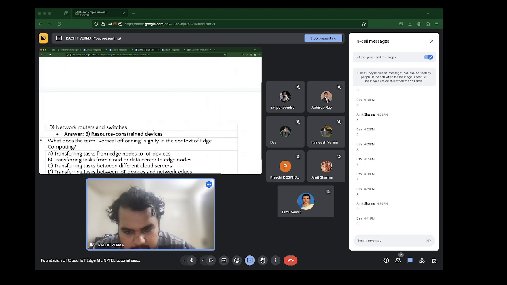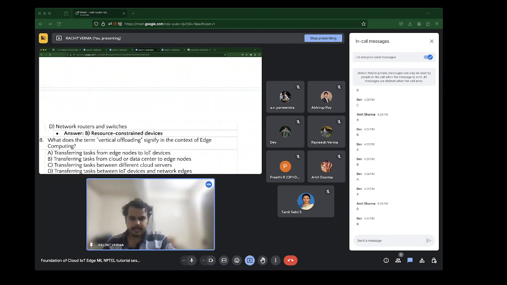Let's look at question 8. What does the term vertical offloading signify in the context of edge computing? A, transferring tasks from edge nodes to IoT devices? B, transferring tasks from cloud data centers to edge nodes? C, transferring tasks between different cloud servers? Or D, transferring tasks between IoT devices and network edges?